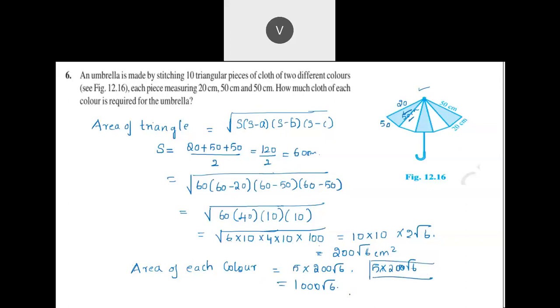Okay. Can you understand this? Don't we have to find the value of root 6 and multiply? No need, Raya. In the textbook, they have stopped here itself. If you want, you can write. Okay, you can find the root 6 value and multiply it with 100. Root 6 value is 2.449.